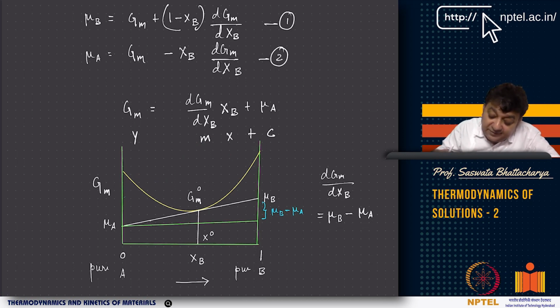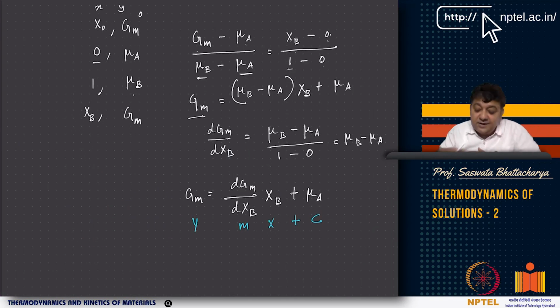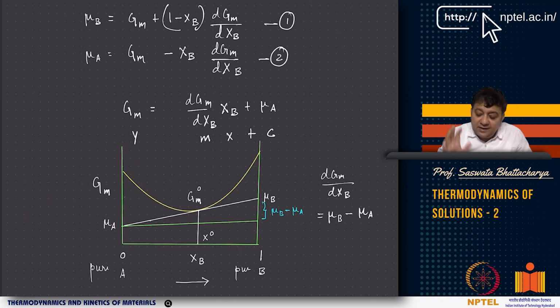I'll come to this type of curve at a later stage when I discuss the model, but what I want to tell now is about partial molar properties. If I look at the mixing curve, or if I look at the property of a solution, again I have approximated this property using this type of curve. You will see that there are different types of curves for GM that are possible. Most of the times it can be a parabolic curve, or it is not exactly parabolic. I will show you that.